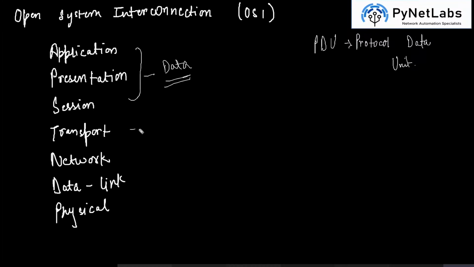However, when it reaches the transport layer, the PDU for the transport layer is segment. Now data is attached with some additional information, and now data will be known as segment. Then after that, for the network layer, the PDU is